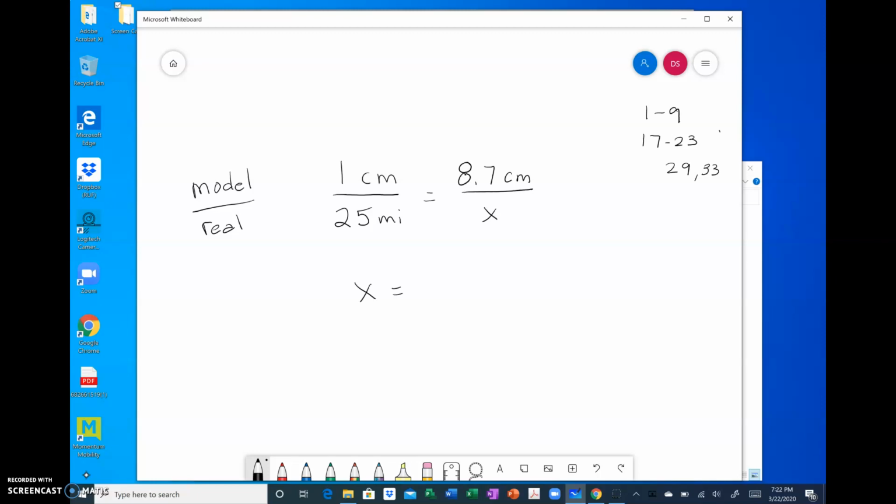That gives us x when we cross multiply. And then this side, again, we're just doing multiplication. So that would give us,